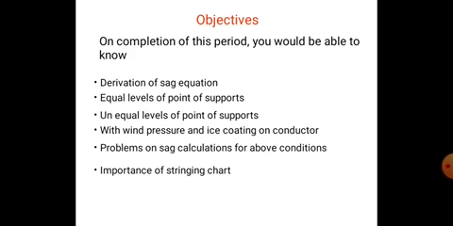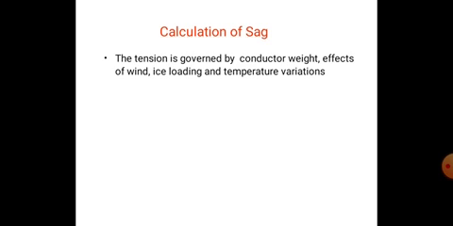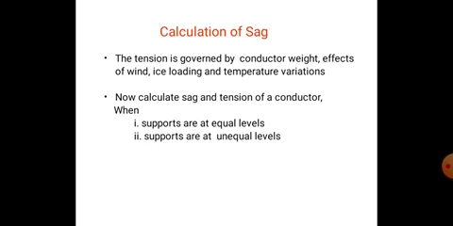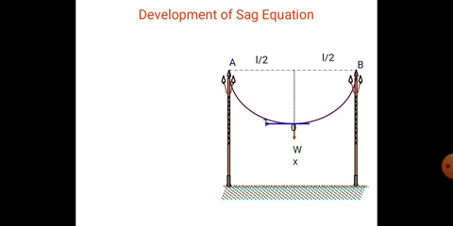So once again, explaining the derivation of sag. The tension is governed by the conductor weight, effects of wind, ice loading, and temperature variations. Now calculate the sag and tension of a conductor when supports are at equal levels and when supports are at unequal levels. Here the first one is supports at equal levels. When the two supports are equal,